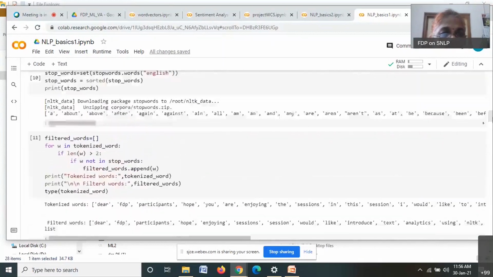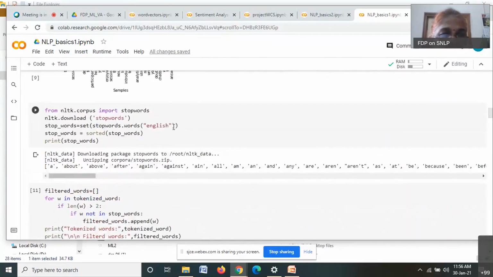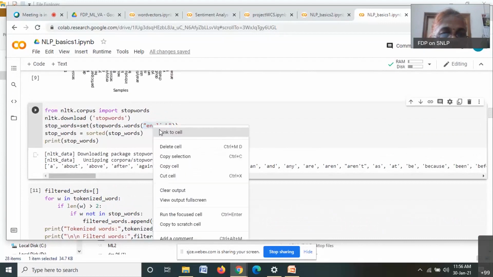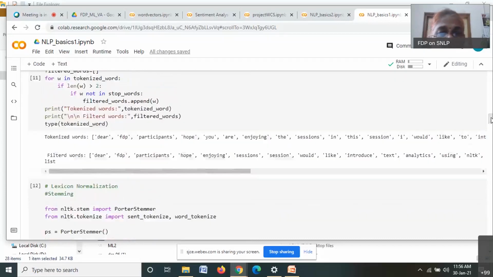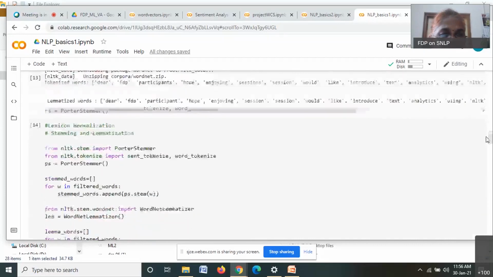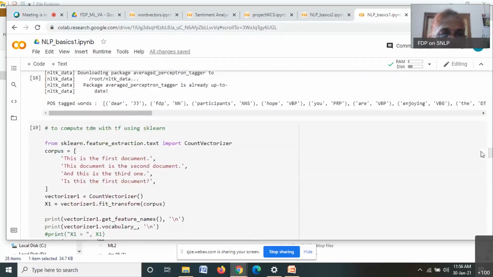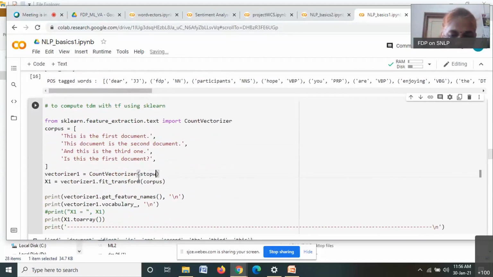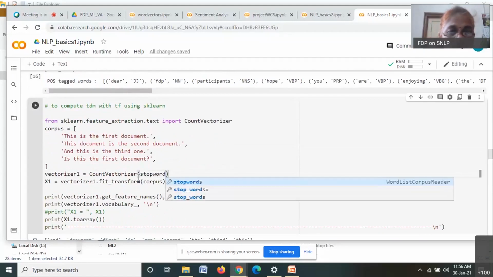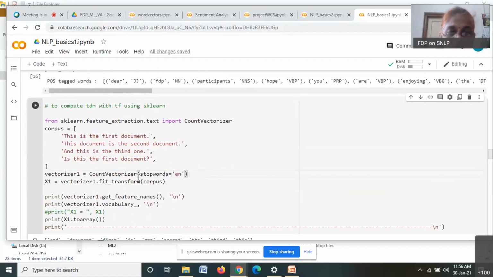What we can do for this is I'll say stop_words equal to English.